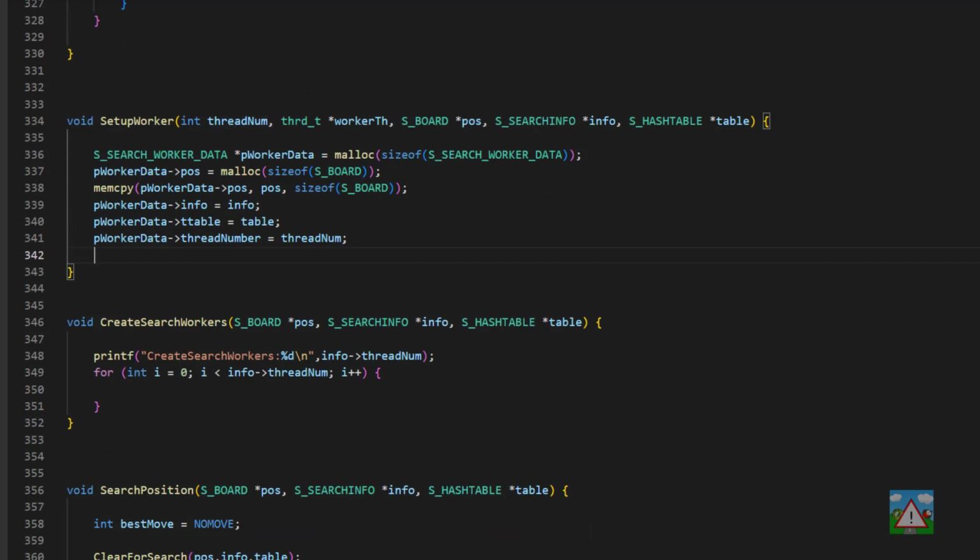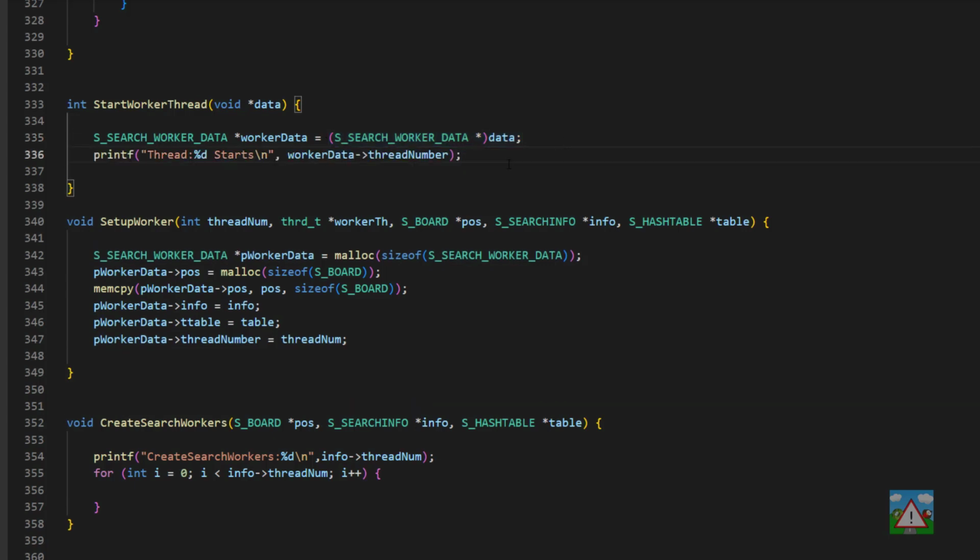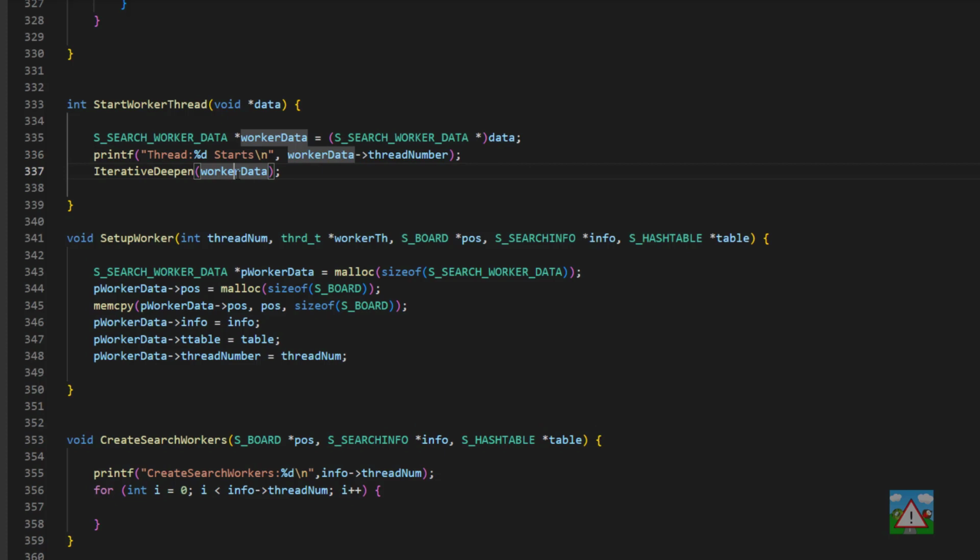to write now. So that function is going to be called start worker thread. And exactly as the input thread code, we're taking in a void pointer to our data. We know that that information that we're sending in there is our search worker data, or it should be our search worker data. So we can use some typecasting to get that back out so that we can use the information. And then what we're going to do is print to the console that the thread of that particular worker has actually started working. And that we can call the iterative deepen, and we can send our worker data into